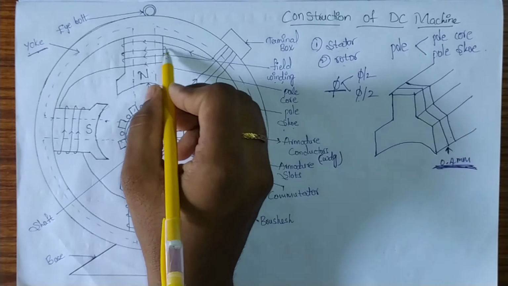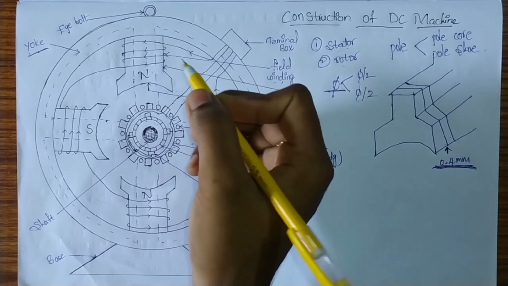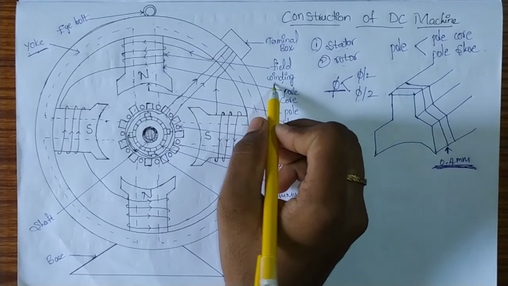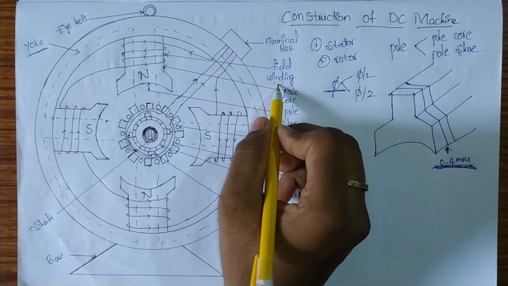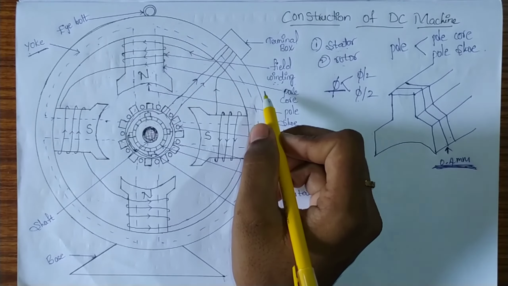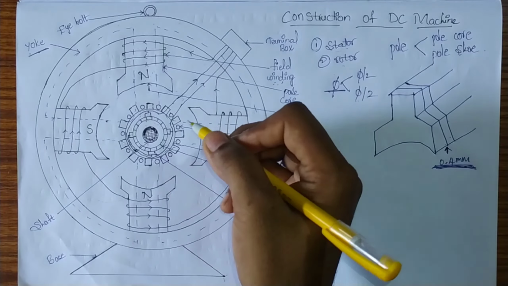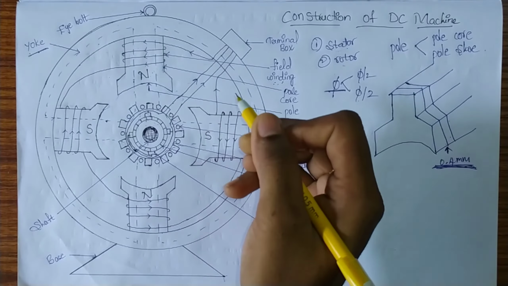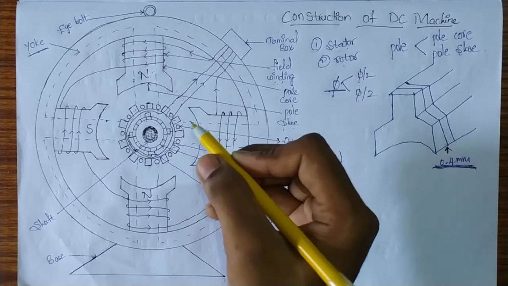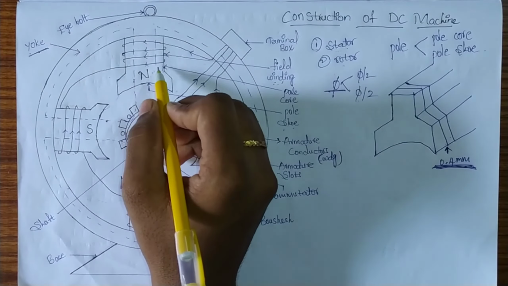Next coming to the field winding. Field winding means a certain length of copper wire through which supply flows, causing the production of flux. Generally we prefer copper for the field winding. Why? Because it has a pliability property. To form a coil, we wind the copper wire around the pole core, so copper must have a pliability property. That's why we use copper as a coil wound around the pole core.